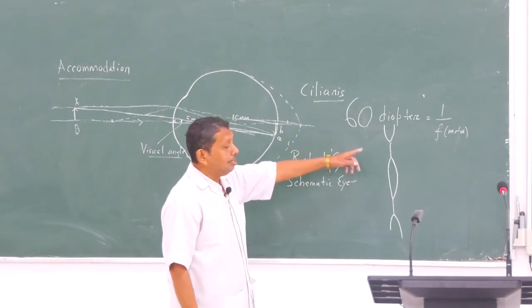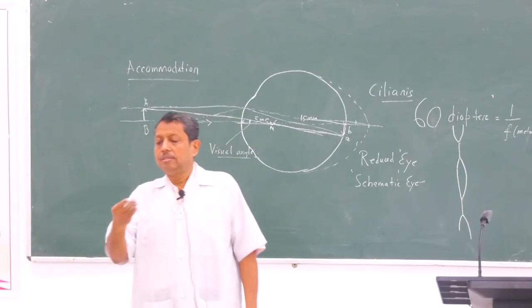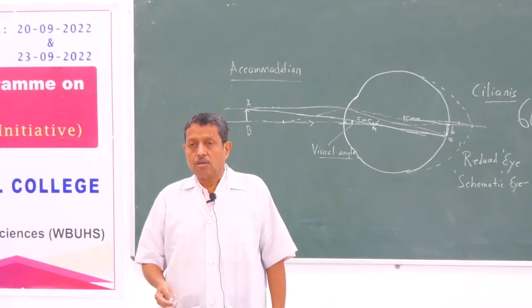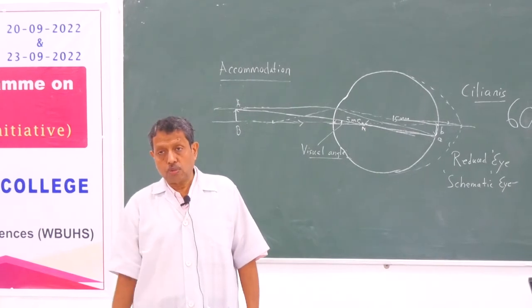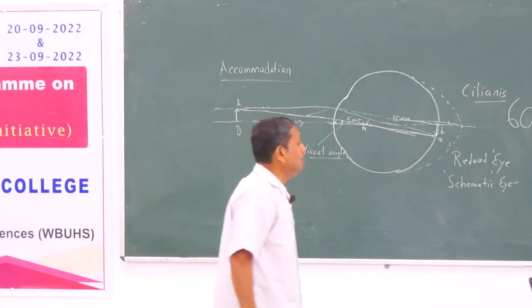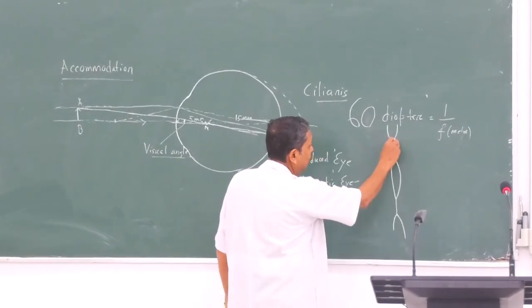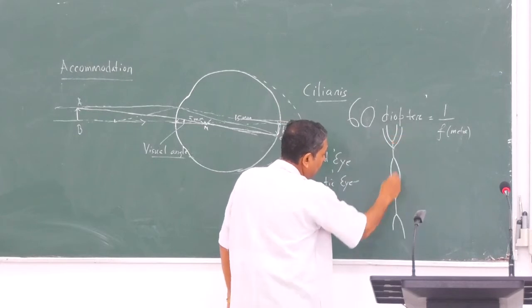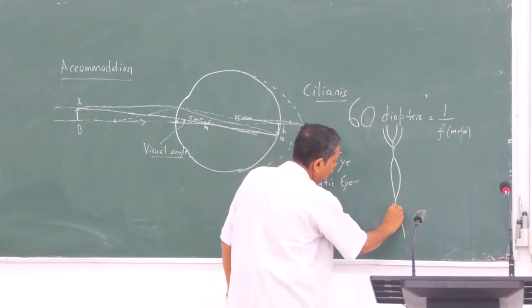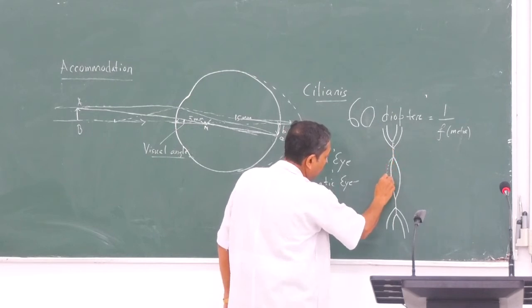Now, whenever there is the need, when we are reading at short distance, or looking at something in front at 6 meters or so, then there is contraction. Now when they contract, they will bring it closer,